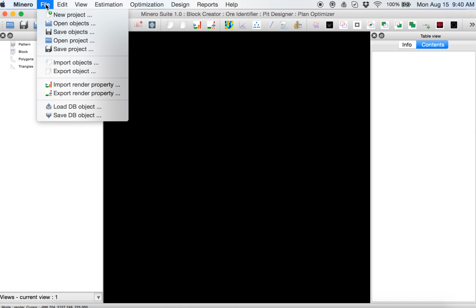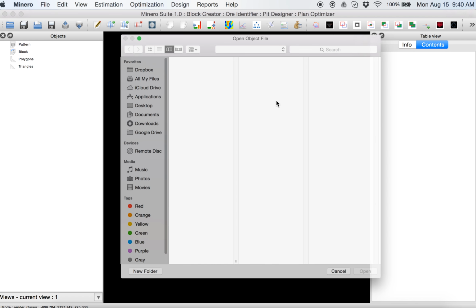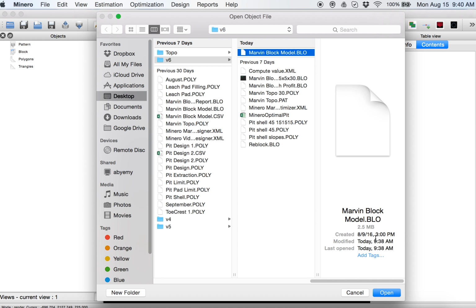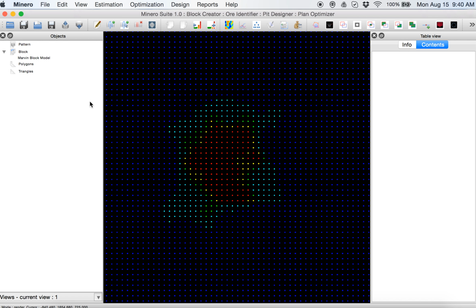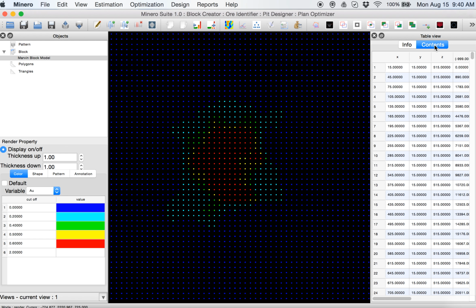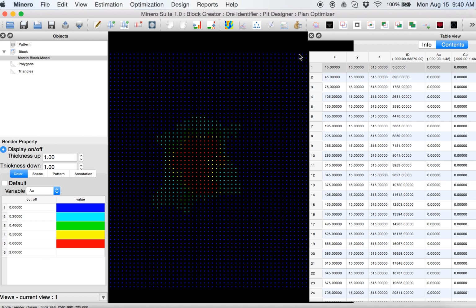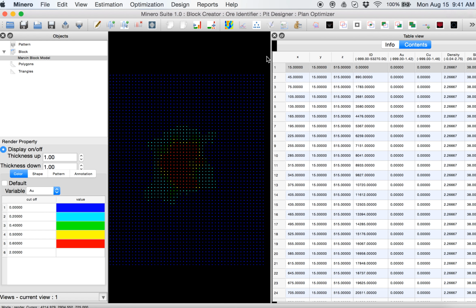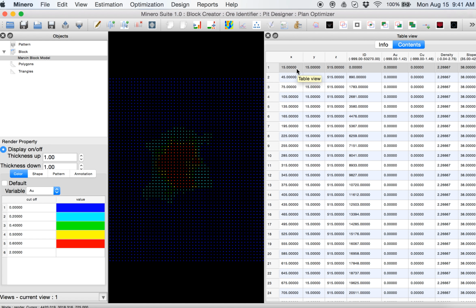We're going to use a raw dataset called Minero Marvin Block Model. This original dataset contains information of coordinates XYZ, ID, AU, CU, density, and slope.